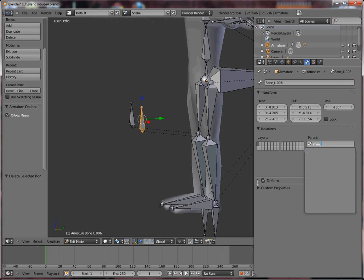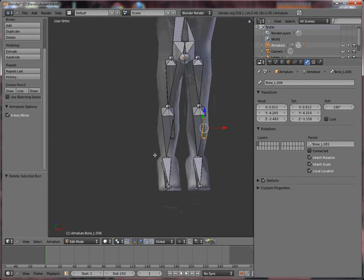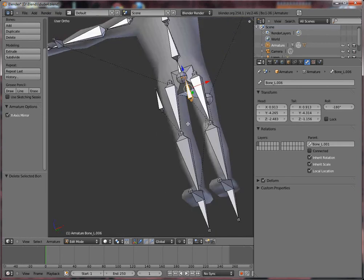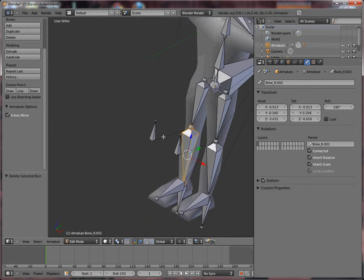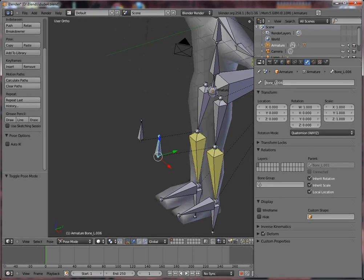knee. That's left. When naming bones, it's usually good to name it by the sides of the character. So if a bone is on the right and the character is facing you, it will be on the left side of the character. So wait, haven't I? Oh, here's the naming. Knee left,